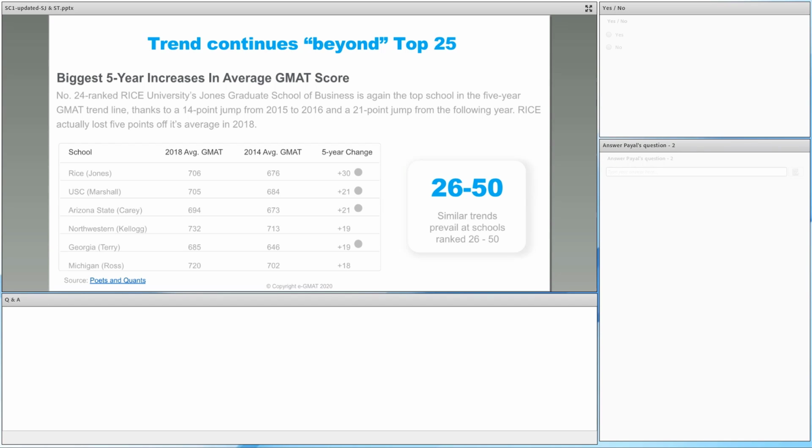And again, whatever the top B schools do, the tier 2 schools, which are the schools ranked from 26 to 50, are also on the same lines. They just follow the same trend. And you can see some real big increases in their scores. So if you see Rice or USC Marshall, you can see the scores have increased by almost 30 points, 20 points. So the increase in the 26 to 50 schools is also very prevalent,